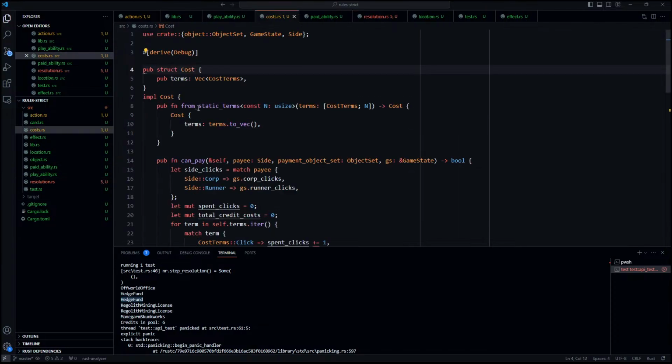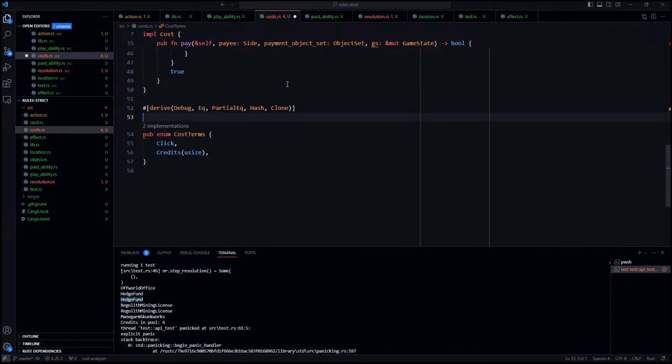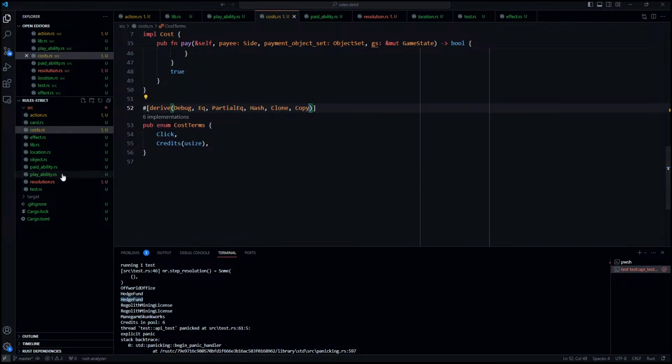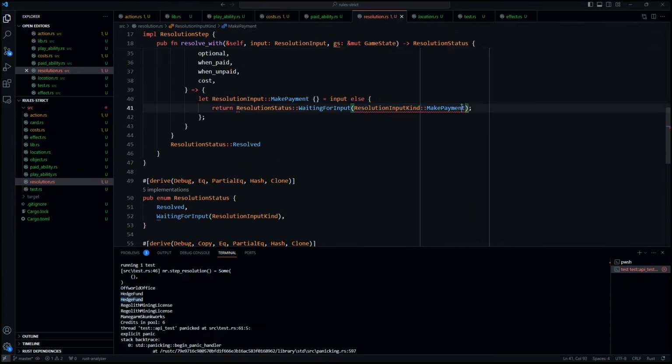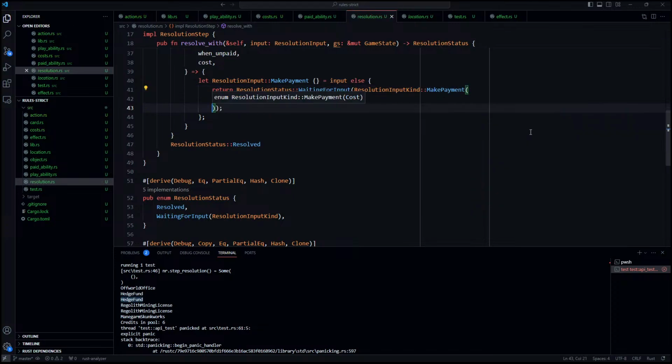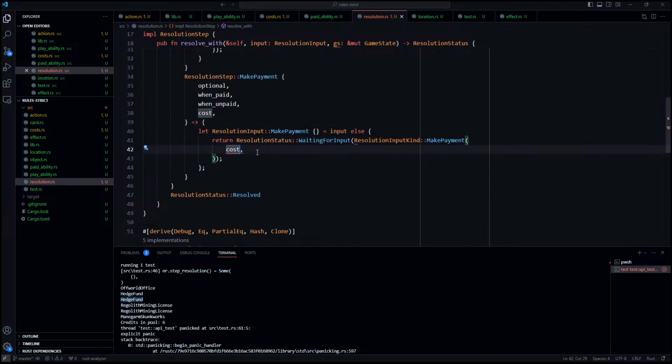Partial Eq, Eq, Hash, Clone. All of that on cost terms as well, please. Cost terms can also currently be copy. Don't know how long that'll last, but can for now. Okay, that's that done. Make payment of cost. So now we can just clone the cost. So now if we try and progress with make payment and there's no make payment available,